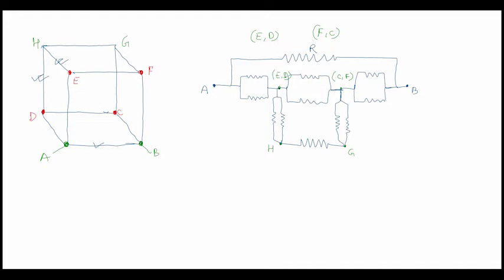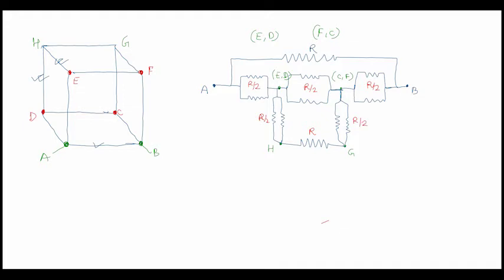So this is how we draw the equivalent diagram for this particular circuit. Now it is only a matter of time till we solve this to get the answer. So the effective value, I am putting it in red. The effective value for this combination is R by 2, for this combination again R by 2, for this R by 2, for this one R by 2, for this one R, and again over here R by 2.